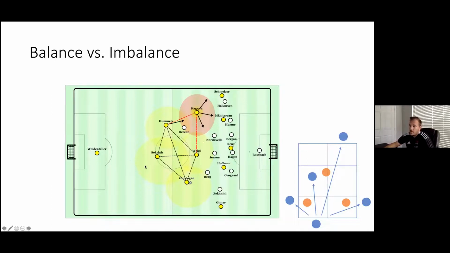But the idea was build up from the back, really positional focused, really patient, spread across the field. But once you get into the final third, Kagawa, Mkhitaryan, Reus, Hofmann, sometimes Aubameyang would be here at this time. They would all be tight in the middle here, and they would move the ball from wing to wing, but they would be able to split the ball into the center and do tight, fast combination play and try to control the counterattacks that way.